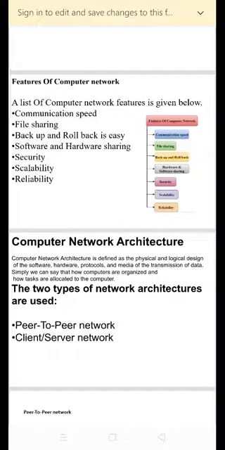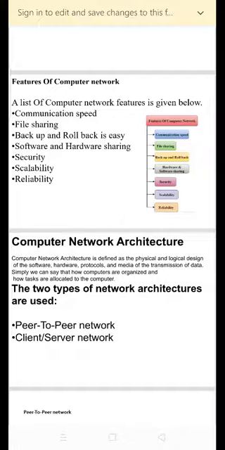So first one is communication speed. Communication speed means the network lets us communicate over the network in a fast and efficient manner. For example, we can do video conferencing and send email messages over the network.